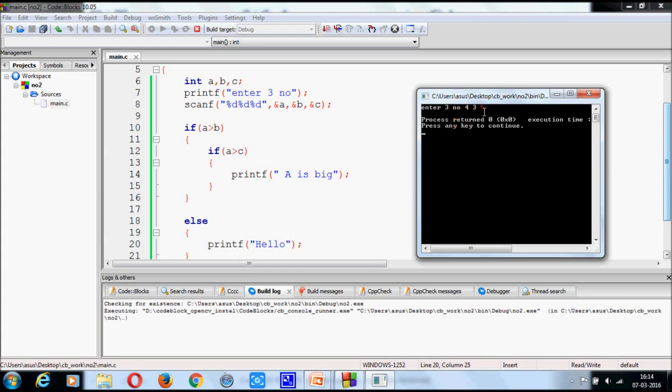A greater than C. This condition, A greater than B, is true. That means the cursor directly comes here. But A greater than C, this condition is not true. So you do not get any error message or any output because no else is present here.